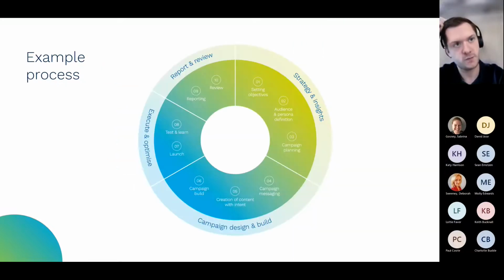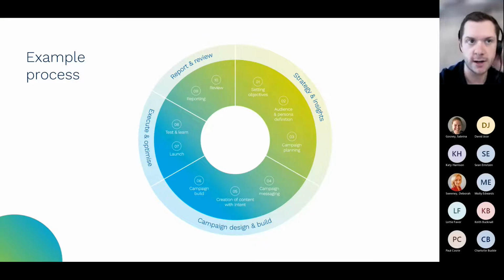And then this is the wheel that we went through yesterday. There are 4 key sections that we use as an agency. Active Profile is an integrated marketing and PR agency, and we work with and have worked with quite a few partners, specifically around their marketing proposition for Microsoft 365, Azure, etc. And we know that this approach is tried and tested and it works. We're recommending that if you're looking at your own go-to-market plan, this is the process you take.